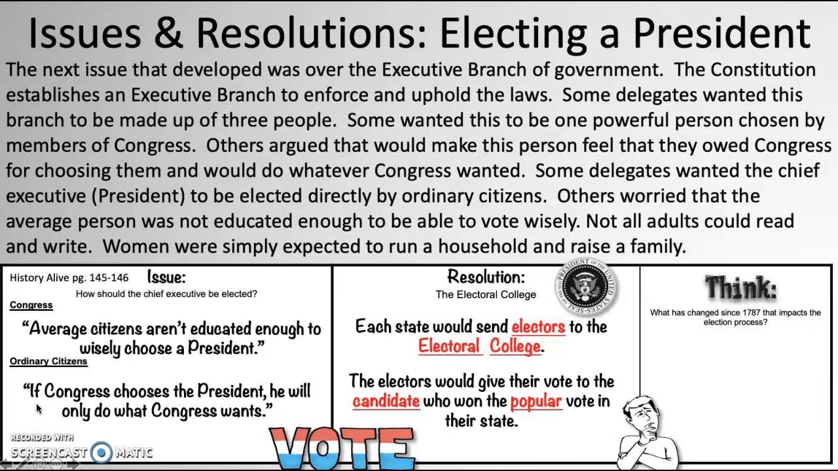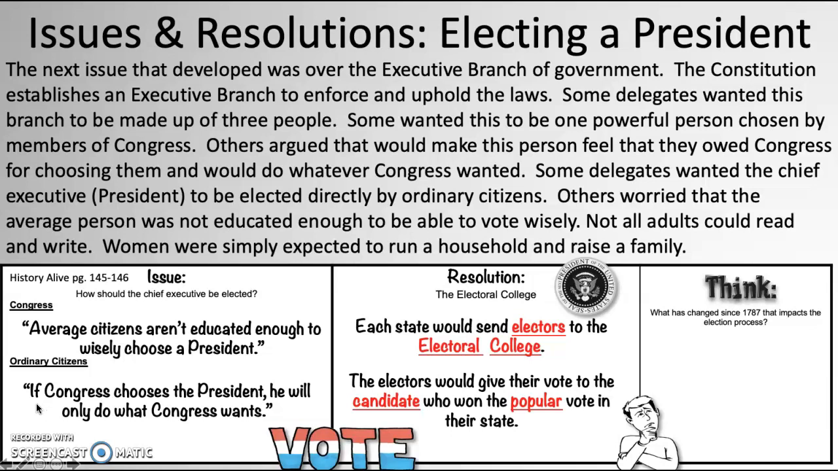The electors then meet, and in Minnesota, when we have our election, whichever candidate gets the most votes, or the popular vote, in our state will get all 10 of our Electoral College votes. Okay, the candidate who gets 270 of the country's Electoral College votes wins the presidency. We talked about last week